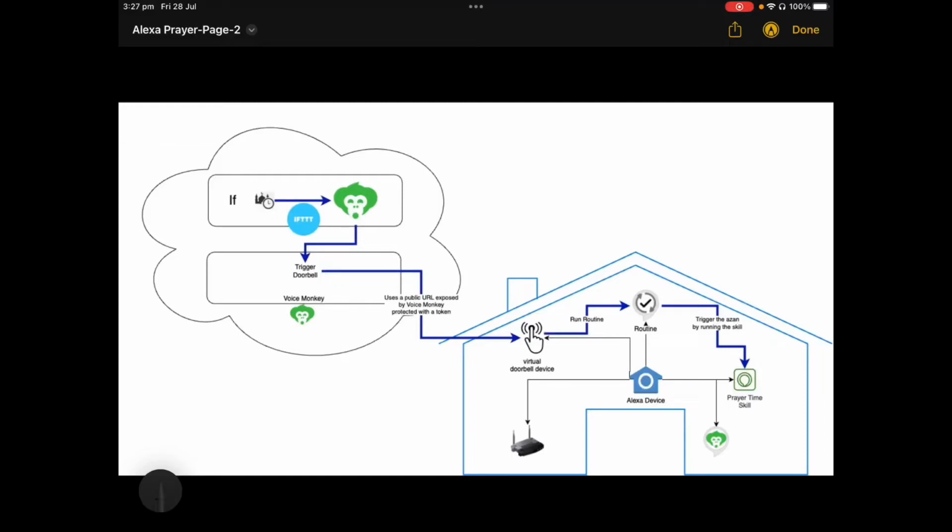Assalamu alaikum wa rahmatullah. So today we're going to talk about how to set up your Alexa device to start the event at the right prayer time automatically, without having to trigger anything yourself or press a button or ask